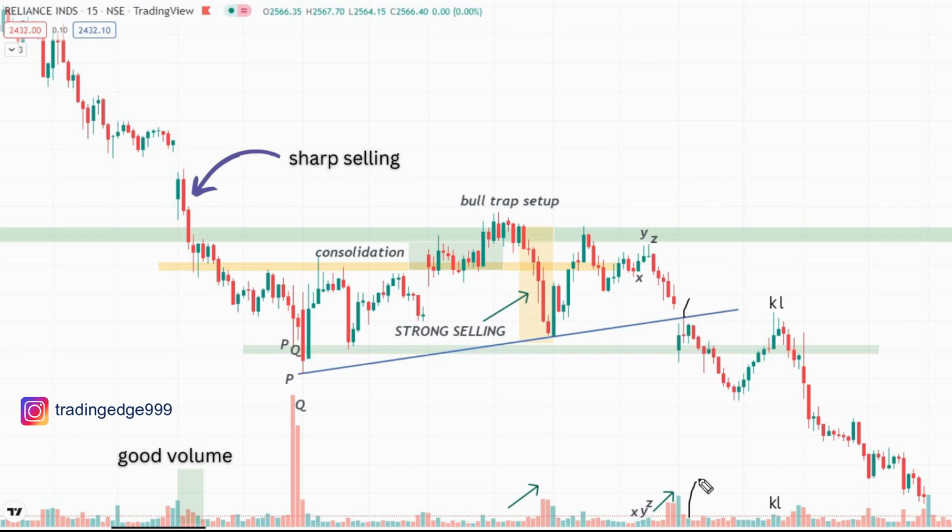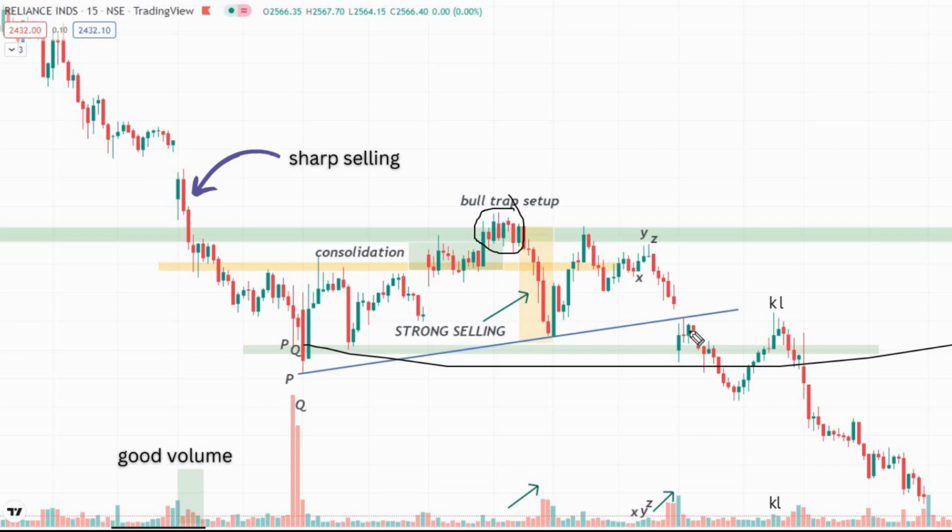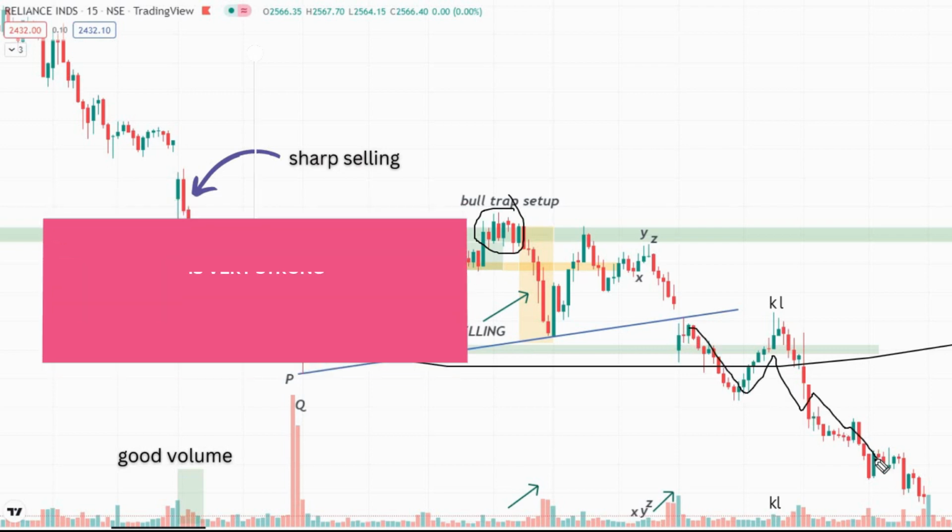Now look at the buying. This candle, buyers tried but the volume is very low, so weak buying. The selling volumes have increased. So at the support zone, which is tested multiple times, we already know the support is very weak, and also after a bull trap, the probability is very high that this support will be very weak and we should see a continuation towards the downside. This should be our mindset. Okay,